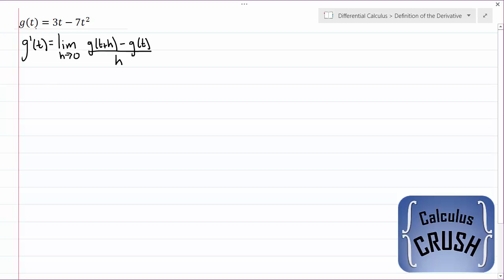But let's continue. So g of t is equal to 3t minus 7t squared. So g of t plus h, we just need to find all the t's on this side and replace them with t plus h's. So we go equals the limit as h goes to 0. And so it's 3. Now we have a t, but g of t plus h makes it t plus h minus 7 and t plus h squared minus g of t. That's just 3t